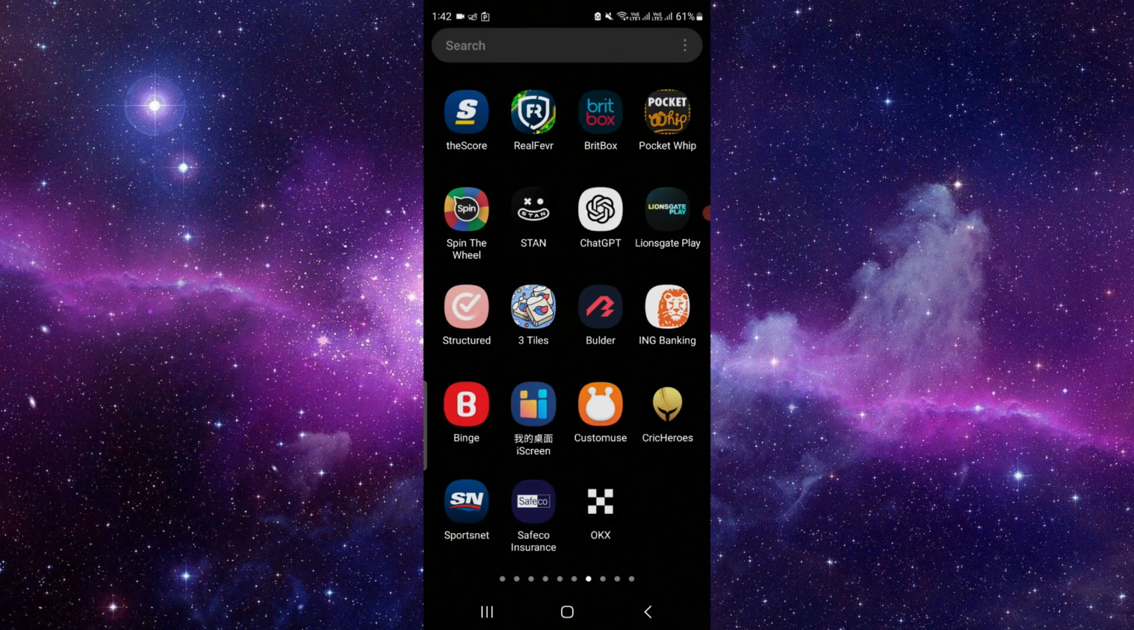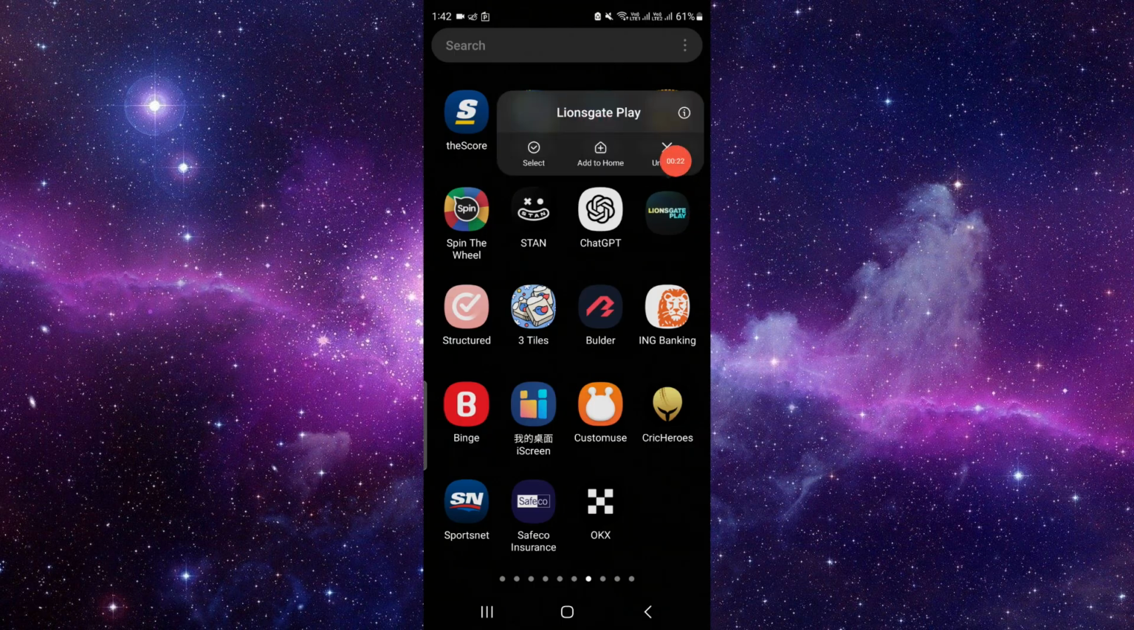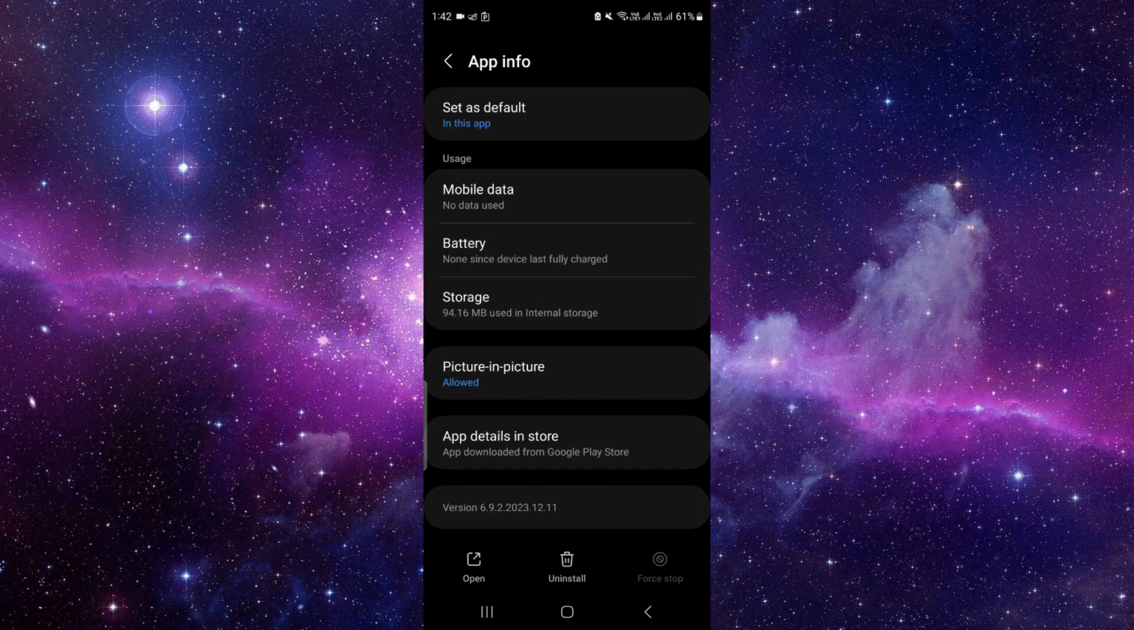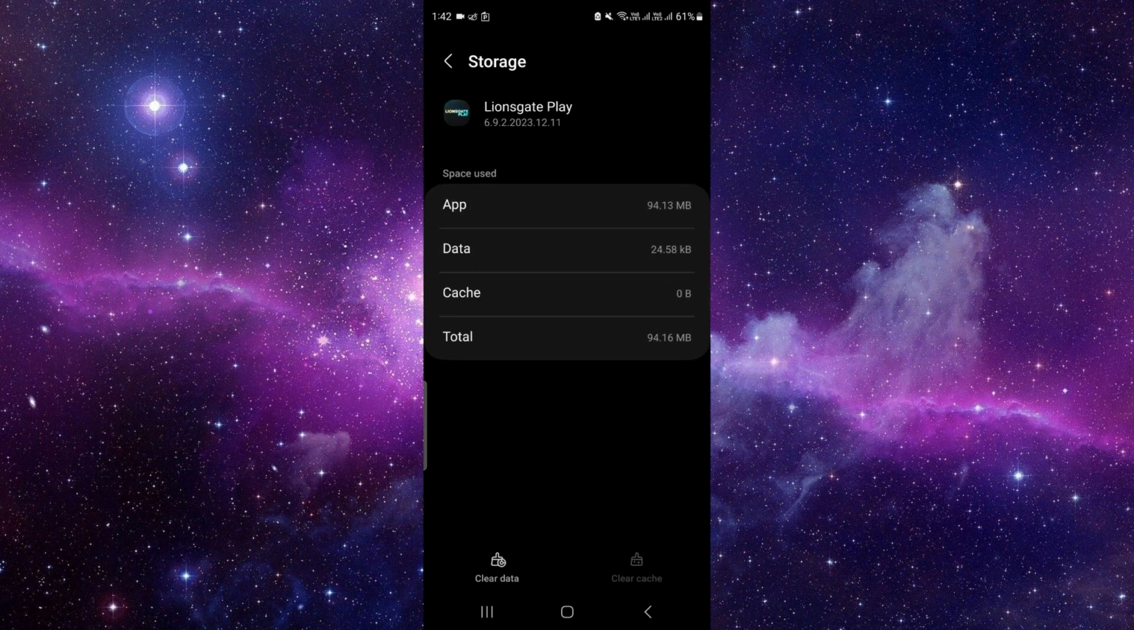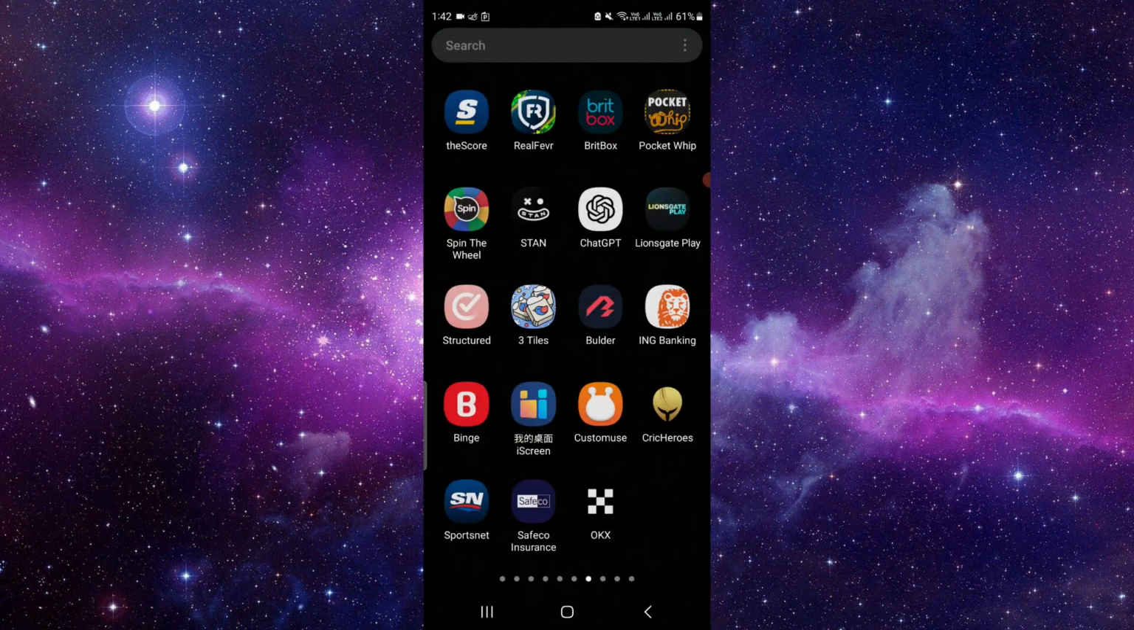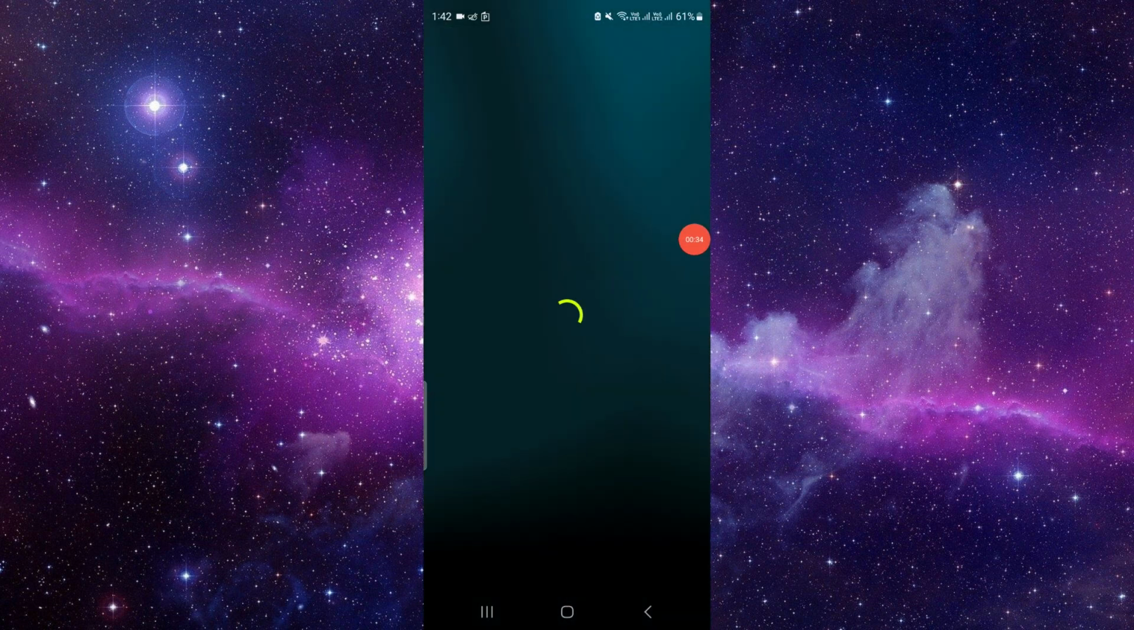First of all, you have to press and hold it here. Just click on this I button. Then scroll down and go to Storage. Then click on the Clear data option. Clear the data, delete the data and open it again. If it works, then fine. If it's not working, you have to